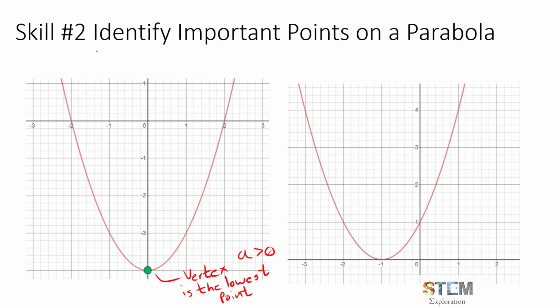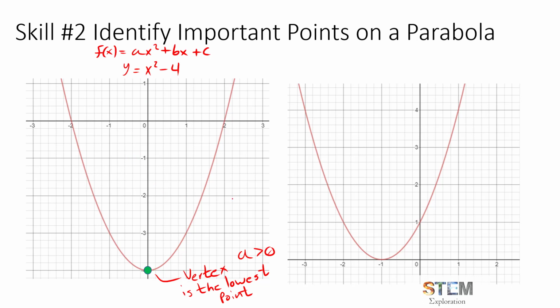This is pretty indicative of any parabola where the quadratic term is positive. So for example, if your standard notation for a quadratic, or for any function for that matter, is ax squared plus bx plus c, if the a term is positive, then you will have an upward opening parabola. And this specific parabola has a function of x squared minus 4. I'll get into a little later how I actually know that. That's for another video. But I can see that the a term is greater than 0, and so therefore the